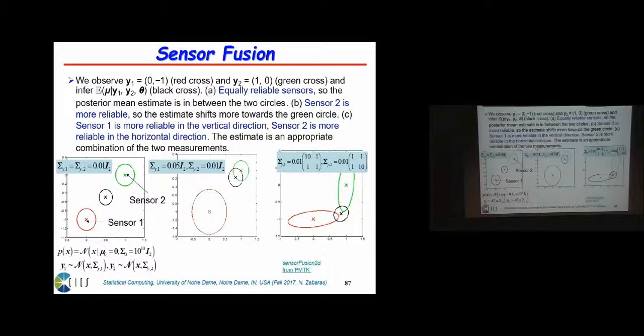And effectively the competing messages coming from the two sensors are counted in this posterior that gives you this cross in the middle. Of course, in the likelihood model, you're going to have to use different variances for each sensor, right? But